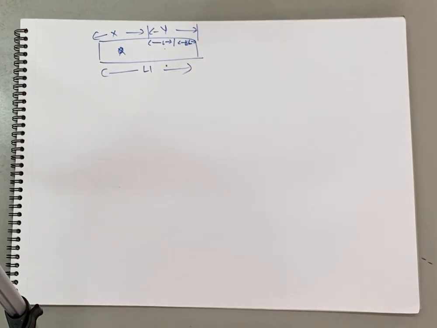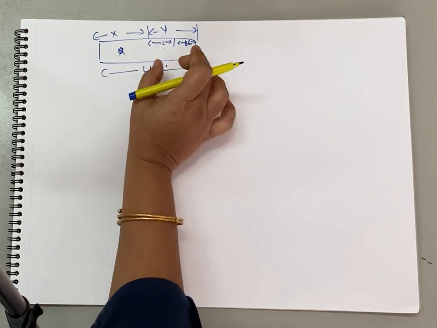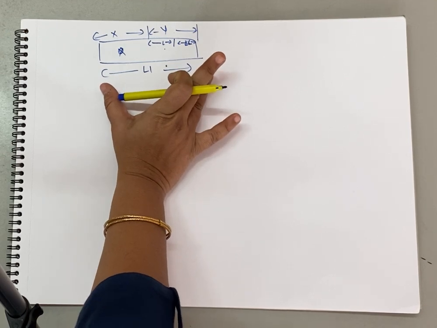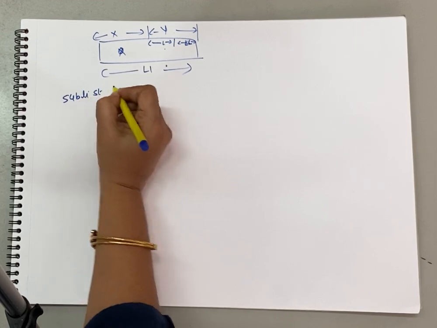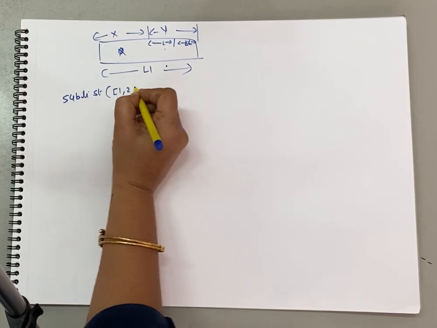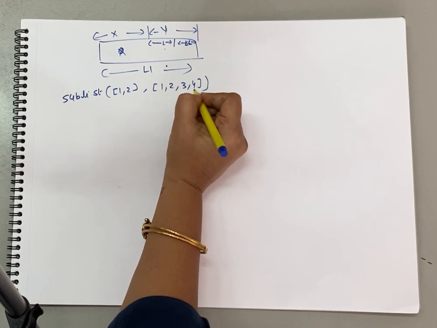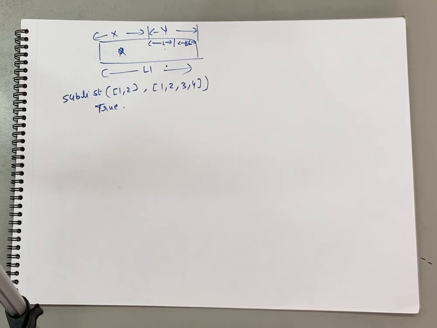So if you have to write down the function sublist, how are you going to write? What will be the parameters for sublist? Sublist will contain a sublist and a list for which you are checking whether it is a sublist or not. I can check it like sublist, then I will pass, let us say, 1, 2, and then I will check 1, 2, 3, 4. If I check like this, it should give the result true. This is how we want to execute.